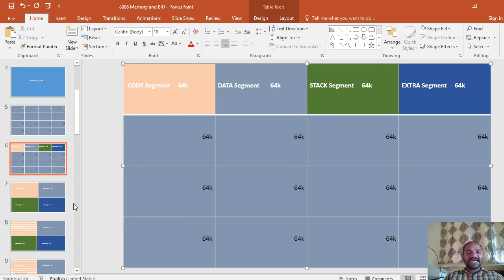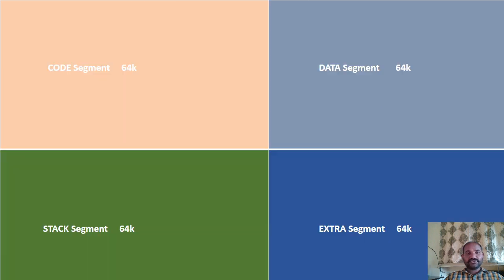Not only this, in the last session we have seen that even though we have 16 equal blocks, at a time only four blocks are going to be used. Means four segments are used by the microprocessor. The remaining 12 segments are in the idle position. If a particular code segment is fully filled, then I'm going to make use of another segment as a code segment, as a continuation to this segment.